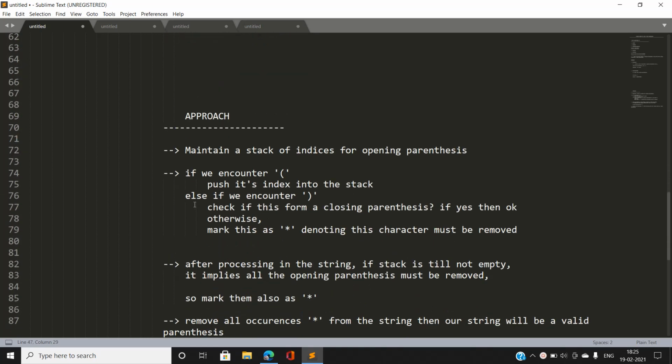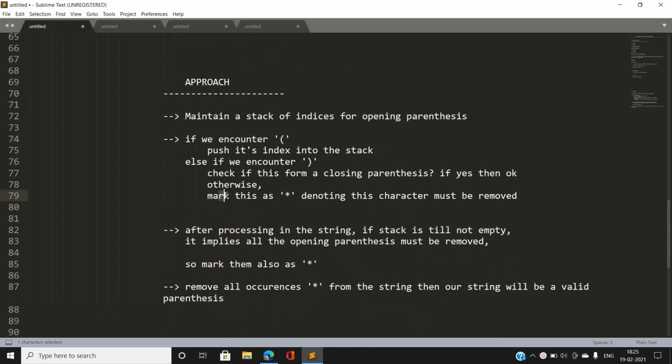So I am going to mark this with an asterisk. Why? Because this denotes that this character must be erased from the string to make it a valid parenthesis string. So I am going to mark this with an asterisk, or you can say star.